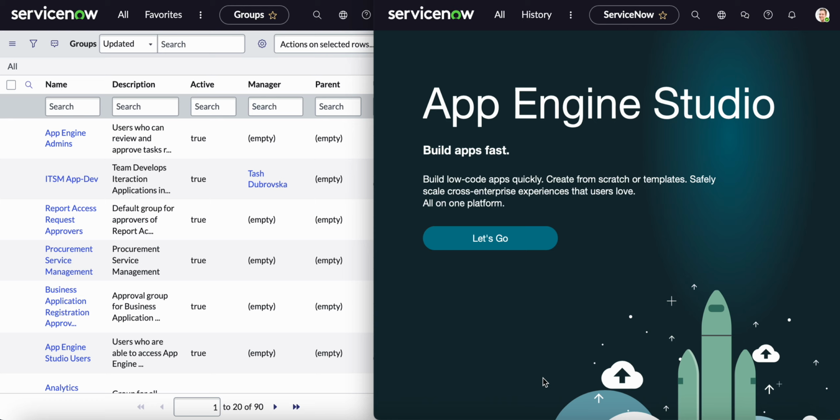Hello, this is Silvana from AllServiceNow Learning, and today we will go over how to move files from one instance